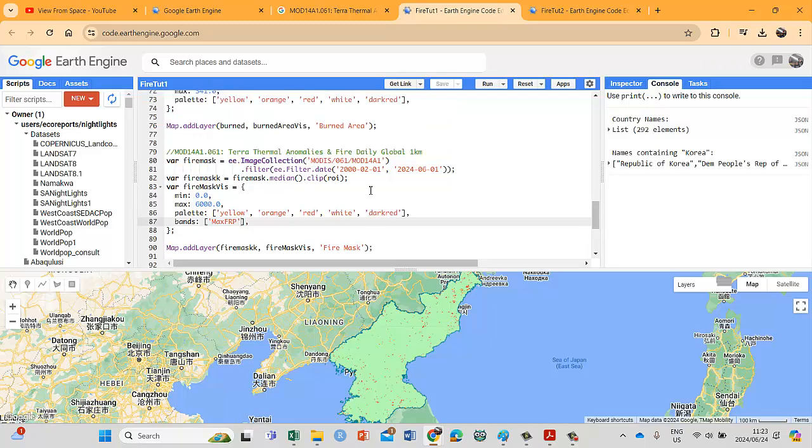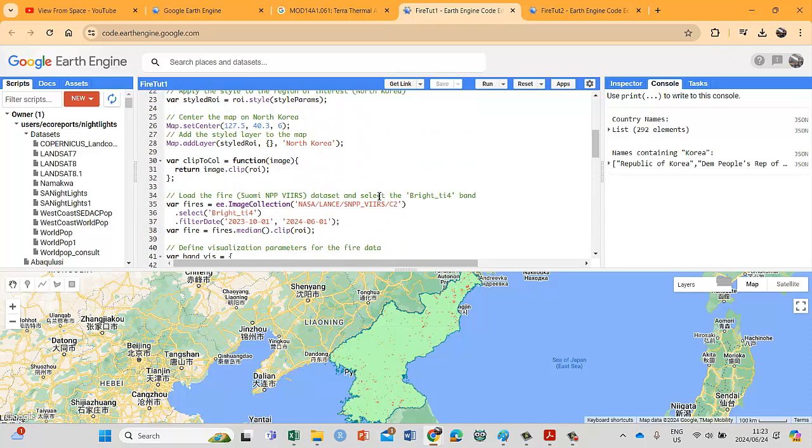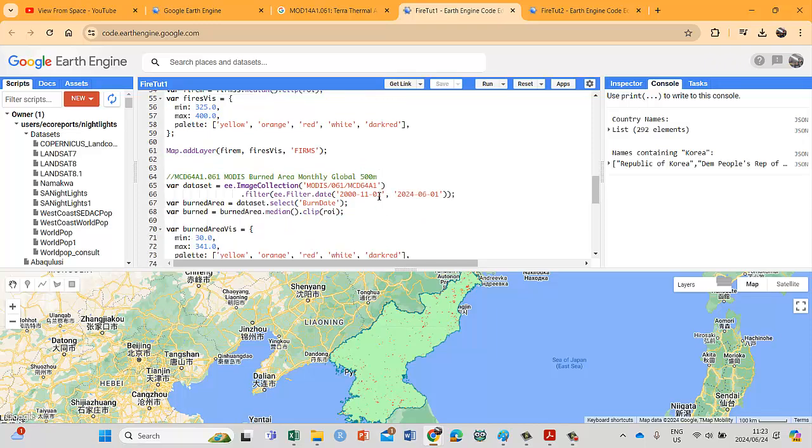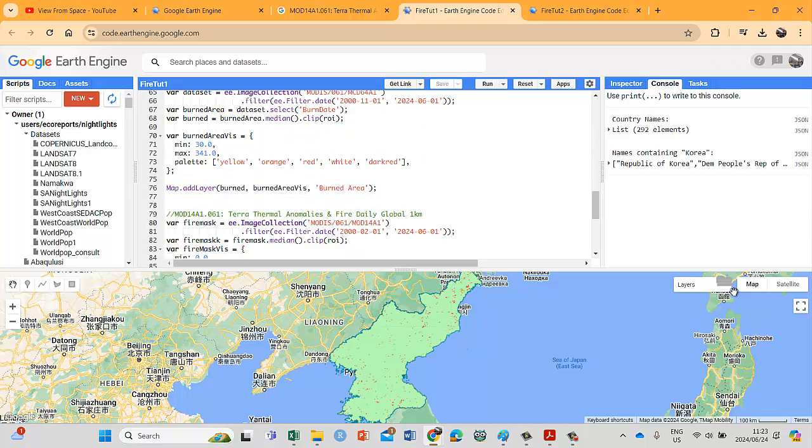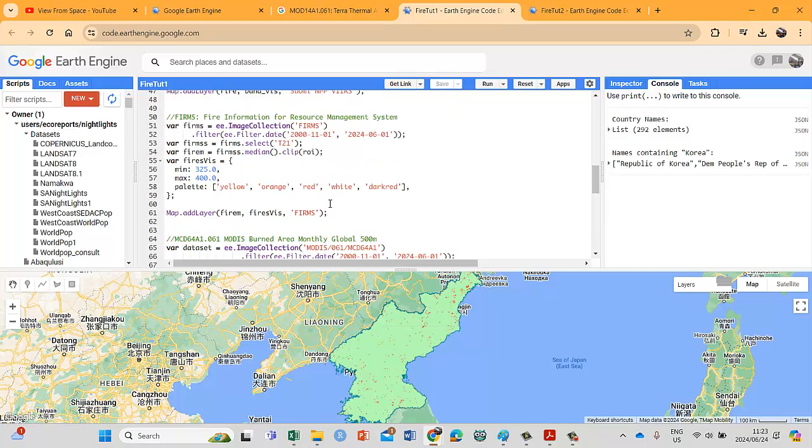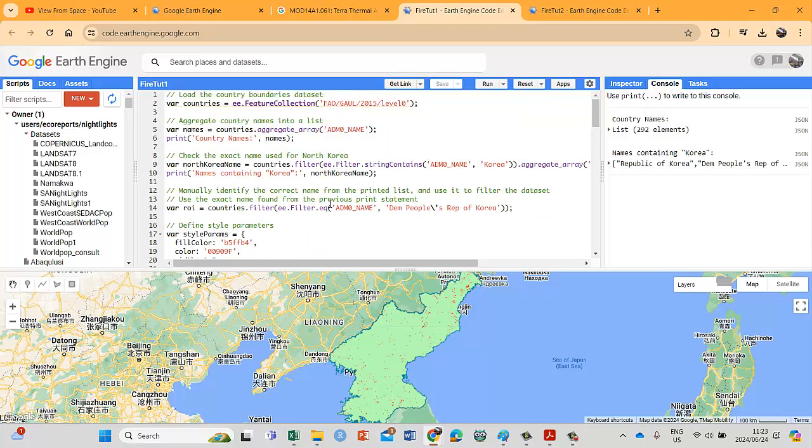So let's end the video for now, because this is going to take ages to load. As I said, it's still trying to load. So let's park it there. We'll come back when all the images are loaded, and we're going to see what else we can generate from these data sets. But yeah, we've identified our locations that have recorded or experienced fires over the last 20 odd years. So with that said,